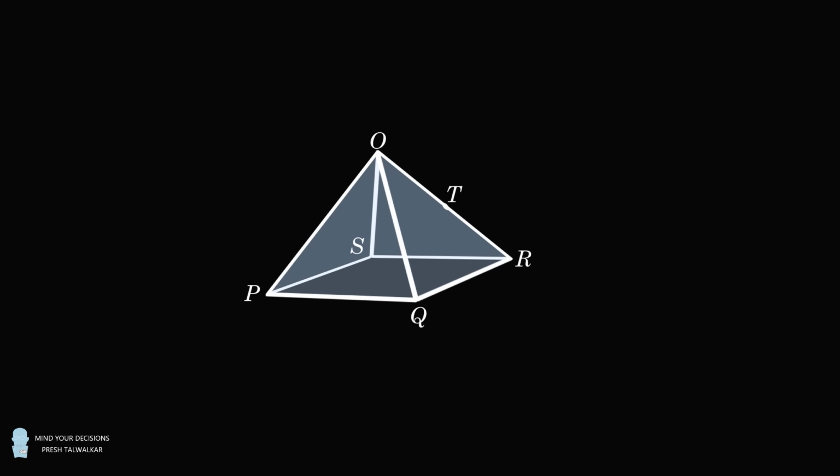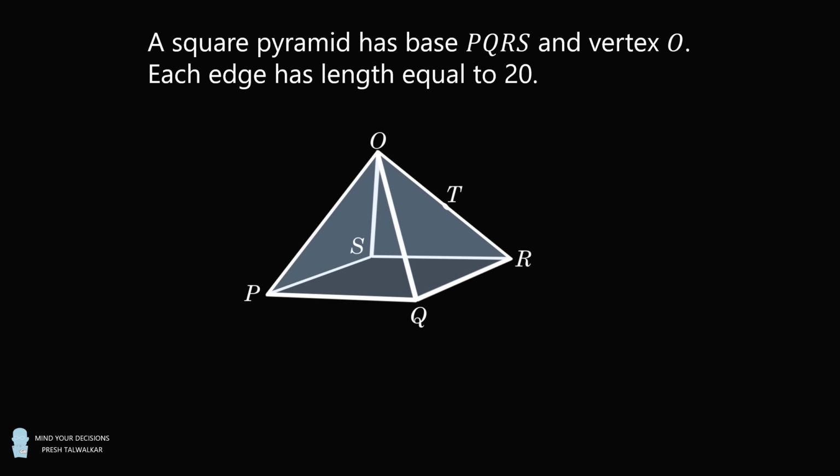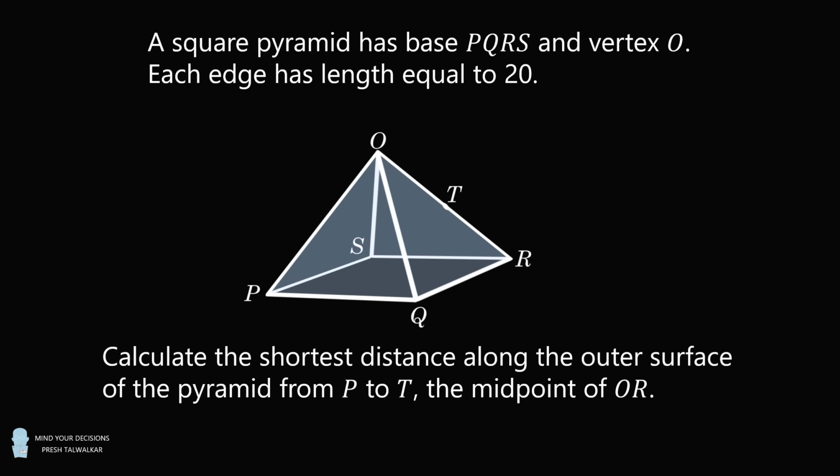A square pyramid has base PQRS and vertex O. Each edge has length equal to 20. Calculate the shortest distance along the outer surface of the pyramid from P to T, where point T is the